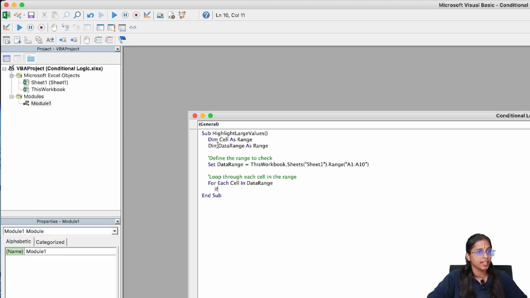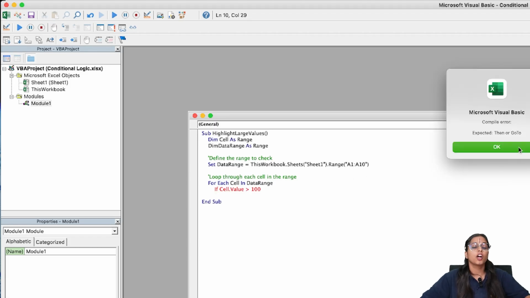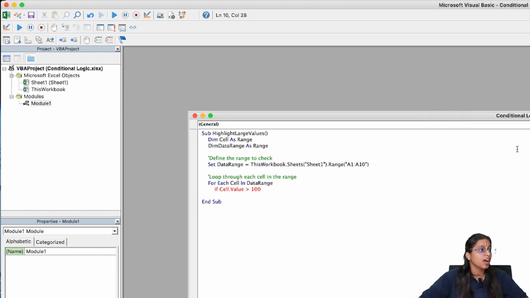Now I'll add my If statement. Now it is showing another compilation error because I haven't written Then and I have pressed enter. I'll add the condition: if my value exceeds 100, then what is it going to do?